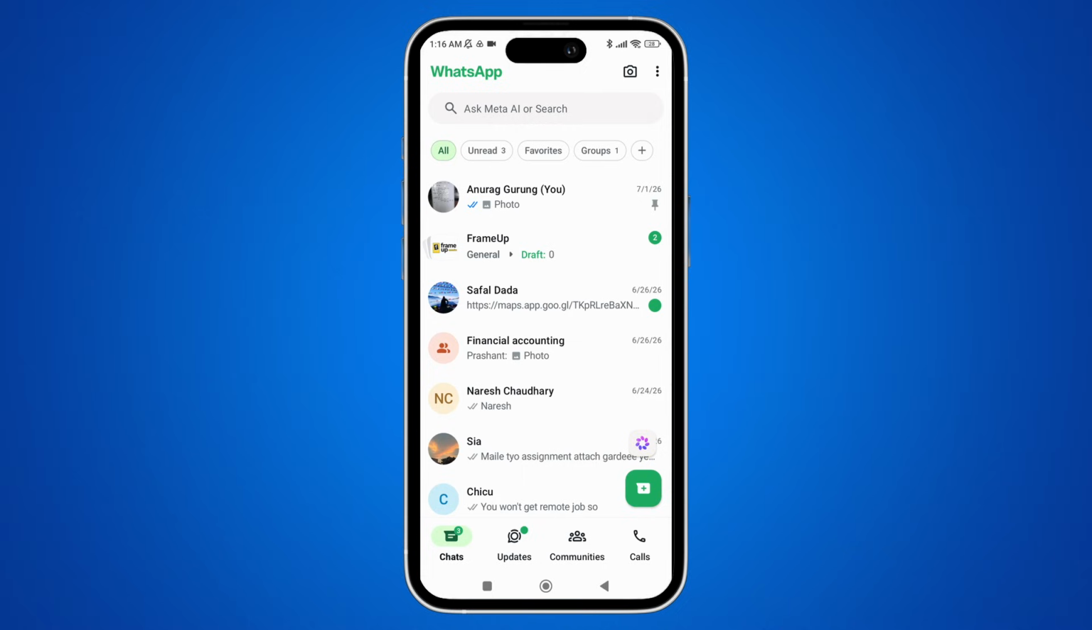And yeah, this is the way through which you can make WhatsApp messages unread without the sender knowing, and you